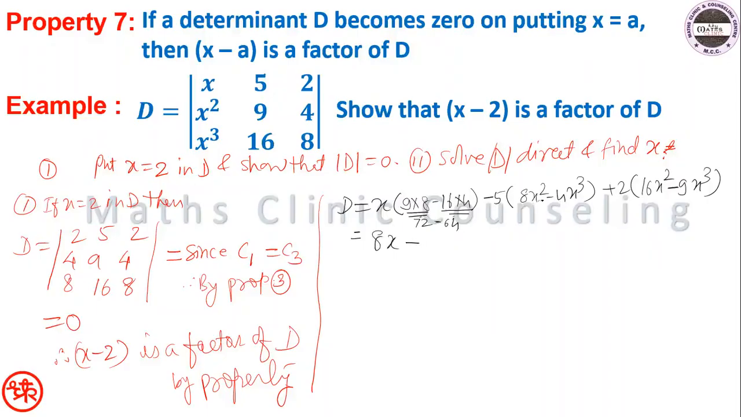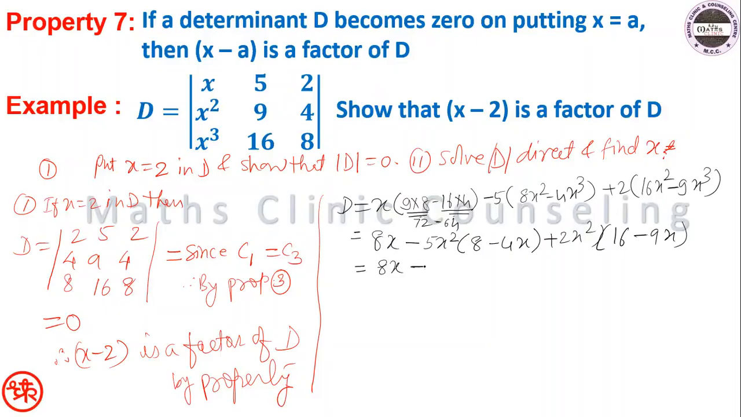Now can we take x squared common? So minus 5x squared, you will get (8 minus 4x). Right? Plus here also we can take x squared common. So you will get 2x squared into (16 minus 9x). Is that clear? So it is equal to 8x